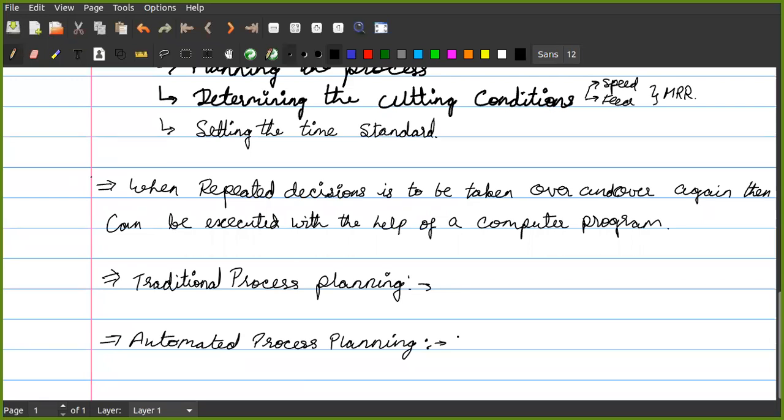A computer aided process planning system offers the potential to reduce the routine clerical work of manufacturing engineers. So when we talk of computer aided process planning, it is not needed to take the decision, but to reduce the clerical work. Though it is taking a decision at the end of the day, that decision is to reduce the time. The decision is based on the previous learning of that particular machine.